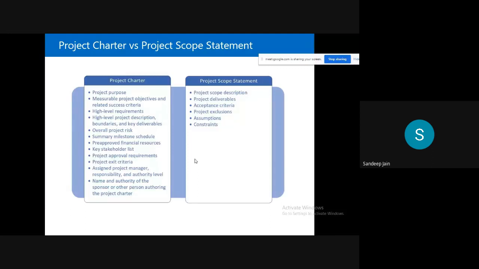So one of the tasks that I would, so here there's a comparison between project charter and project scope statement. It wasn't really required because there are two